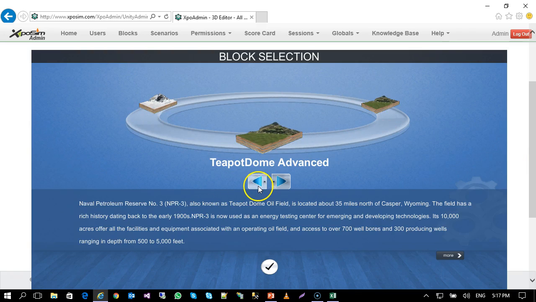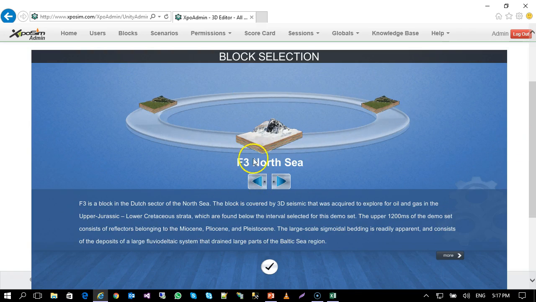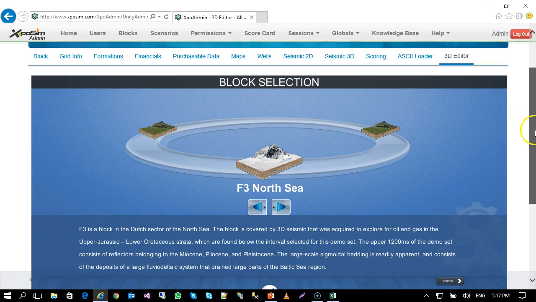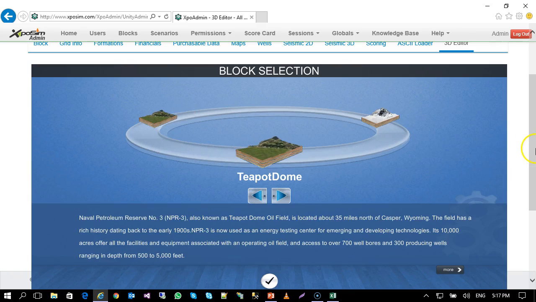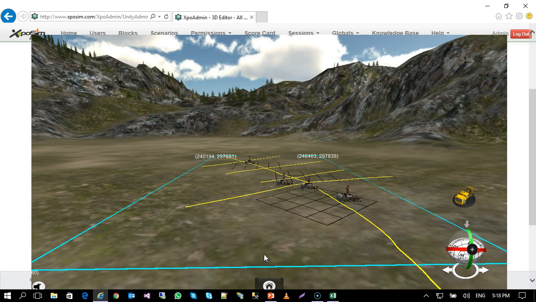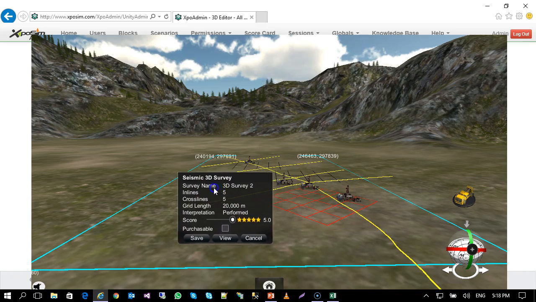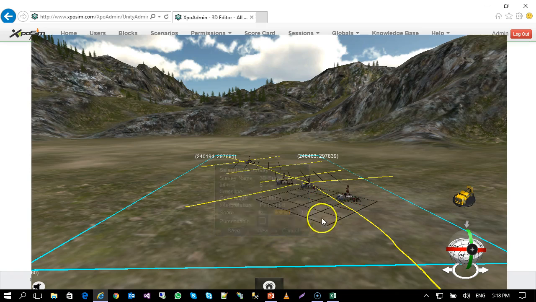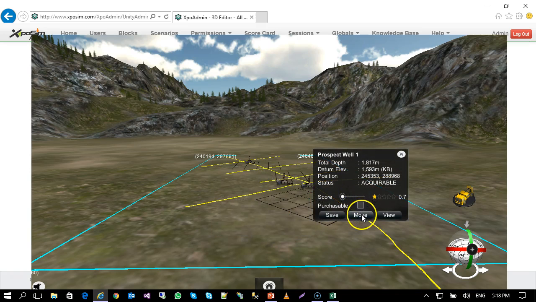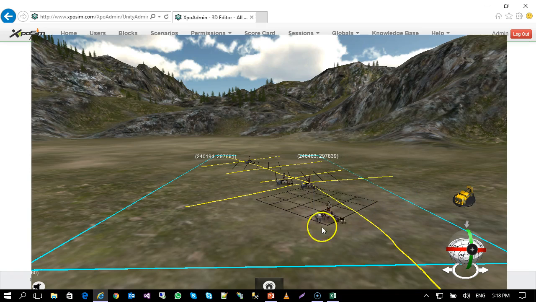So here you can see all the blocks that are available, and in this 3D editor I can open Teapot Dome, and here the admin can click on any entity and change the score from here and mark it purchasable. And I can also drag and drop, for example, these wells. I can move it around, place it somewhere else,